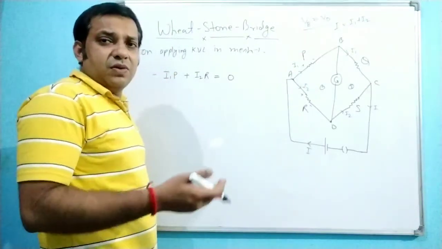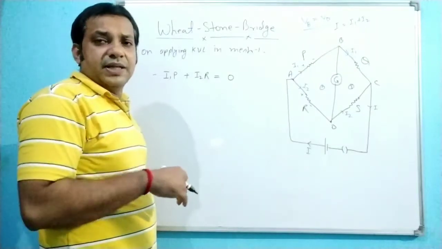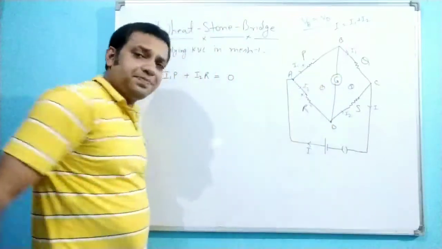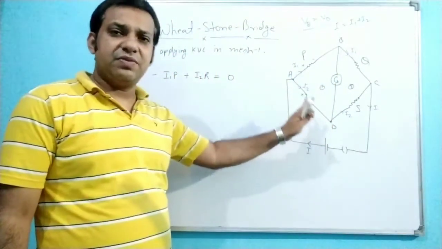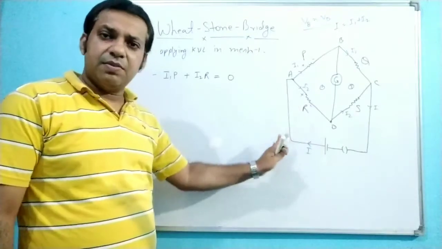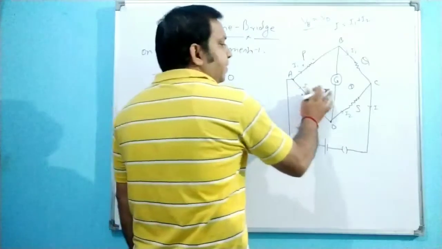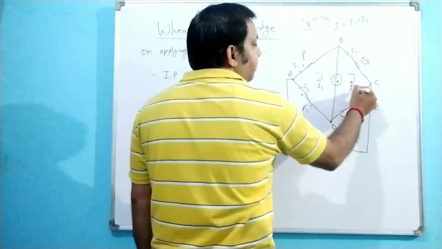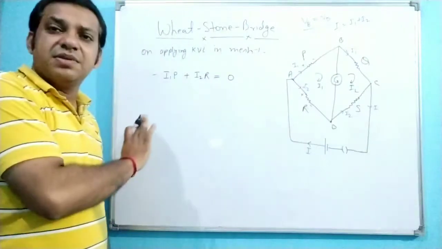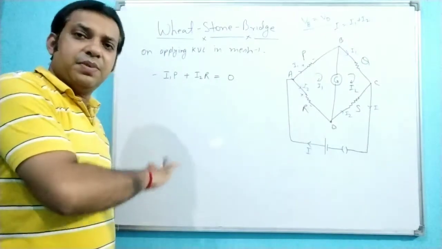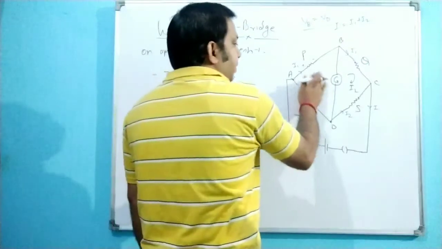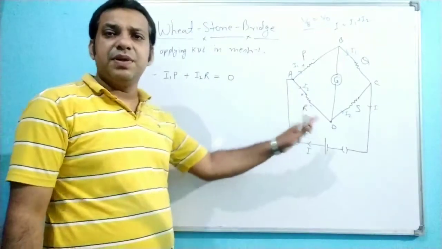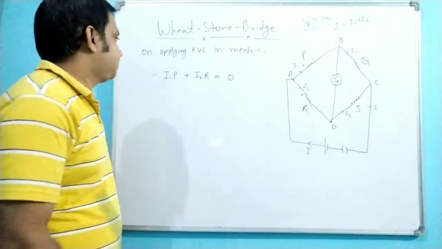Don't be confused. If you want to apply my method, whatever I am explaining in the KVL, you can assume the I1 current like this one, I2 current in that direction. But the book method is this one, that is why I am explaining by this one. If you are facing the problem, no need to worry. You just assume the mesh 1 current like that, I1, and mesh 2 current like that, I2. And again you will apply the KVL, you will get the same result. So no need to worry. By both the methods you can derive. But this is the book method, and mostly students are following the book method, that is why I am giving this method here to explain.